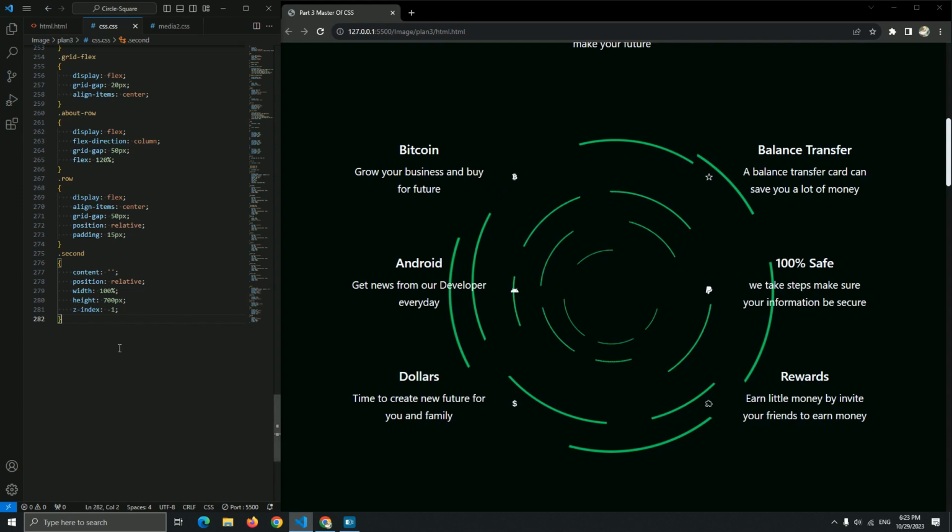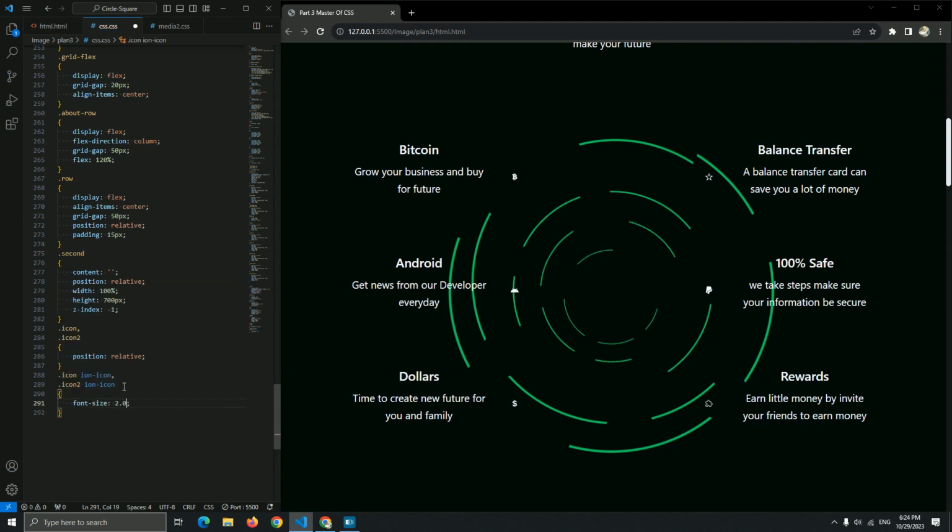Let's go to the side of this icon to change the color and add a little square for it. So for the icon, I think we add icon 2, so let me add icon 2 with the position relative. Now for the icon and the ion icon, for icon 2, let me copy this, paste it.